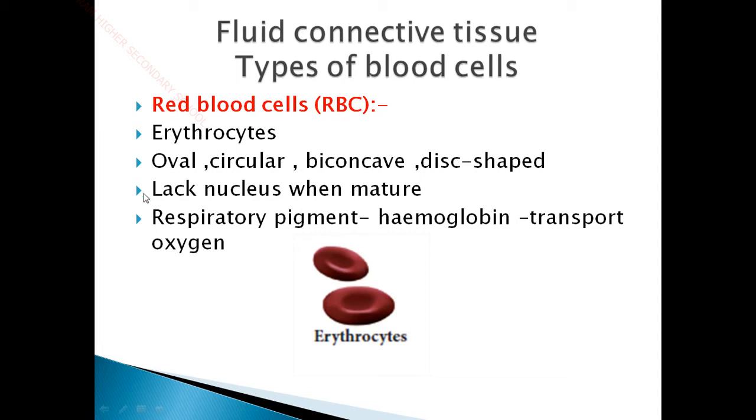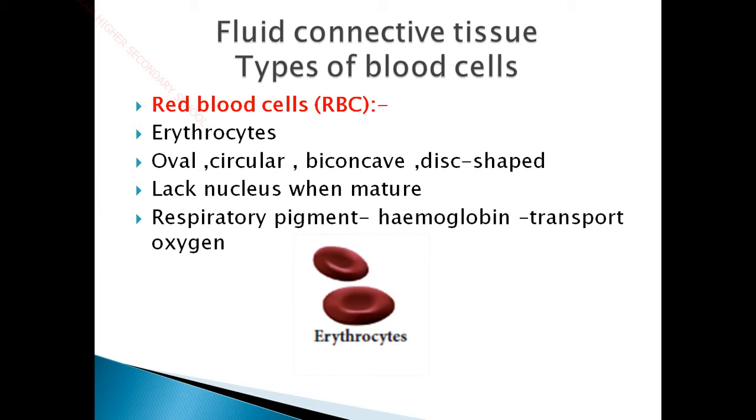So these types of RBC cells, when they mature, lack a nucleus, and these are the only cells without a nucleus. So if we are asked which cells do not contain a nucleus, you can very well answer: the mature RBC cells do not have a nucleus. Since the controlling center of the cell, the nucleus, is not present here, the cells cannot survive after that. So the cells will die, and after that new red blood cells will be formed.